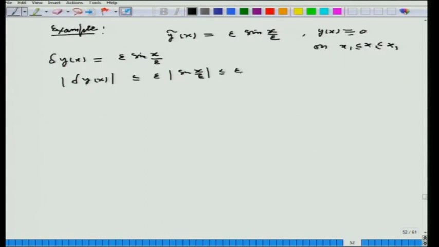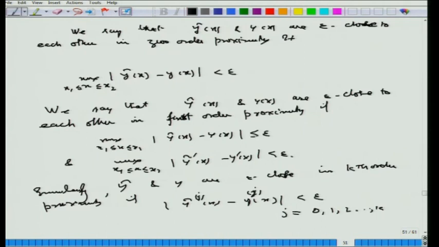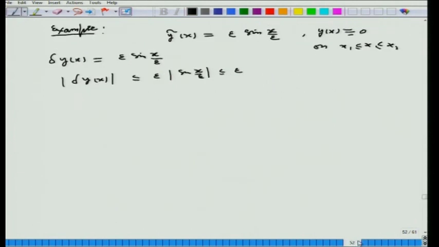So, here we see that we have to allow the equality also, less than or equal to, in all these. So, we see that these two curves are epsilon close. So, y tilde and y are epsilon close in the 0 order proximity,